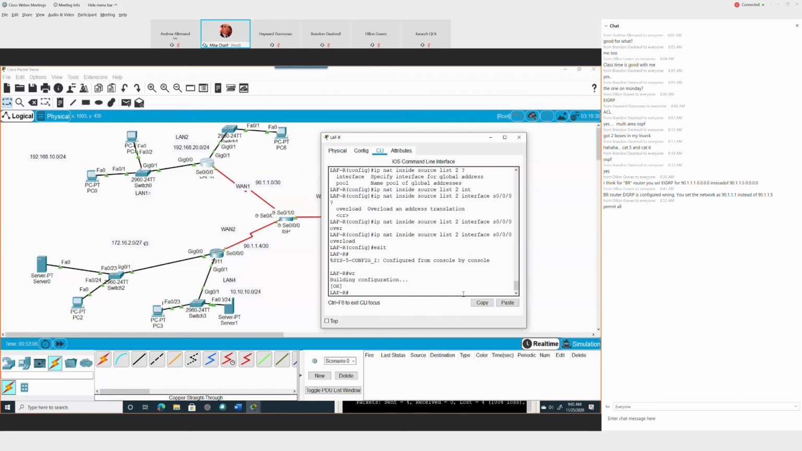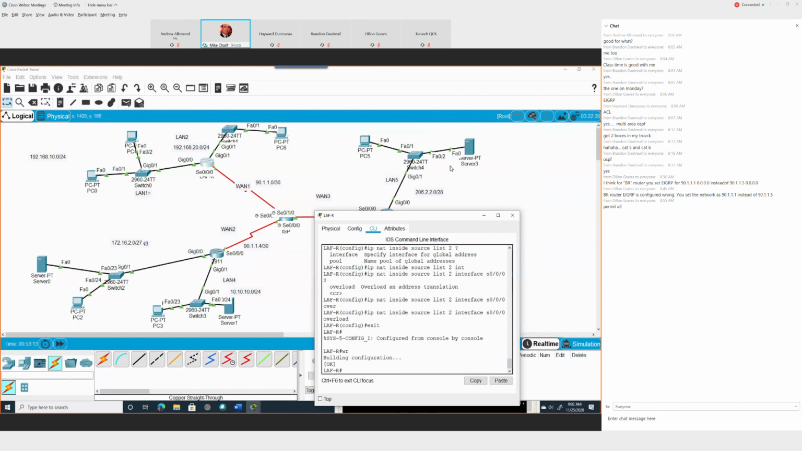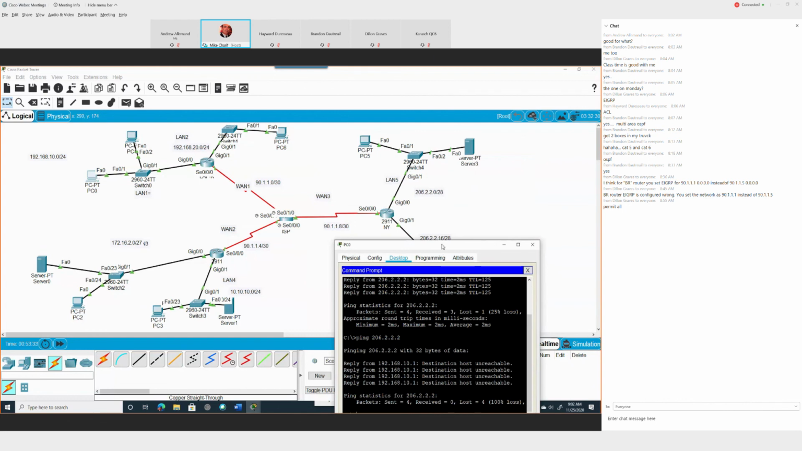Okay. So now, if PC0 wants to go outside, once he gets to the router, he's going to translate this address to the interface address right here, which is 90.1.1.1. Then from here, it goes to this guy here. So let's see if this is going to work. We'll go to this interface, repeat it,